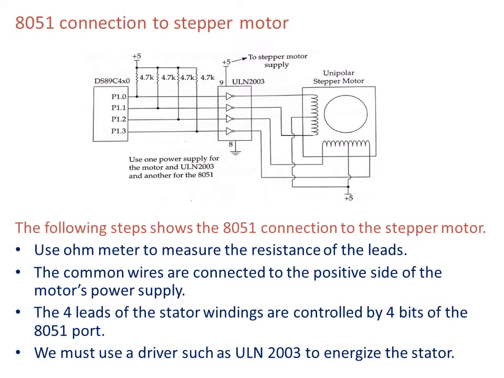Instead of the ULN2003, we could have used transistors as drivers. However, notice that if transistors are used as drivers, we must also use diodes to take care of the inductive current generated when the coil is turned off. One reason that using the ULN2003 is preferable to using transistors as drivers is that the ULN2003 has an internal diode to take care of the back EMF.